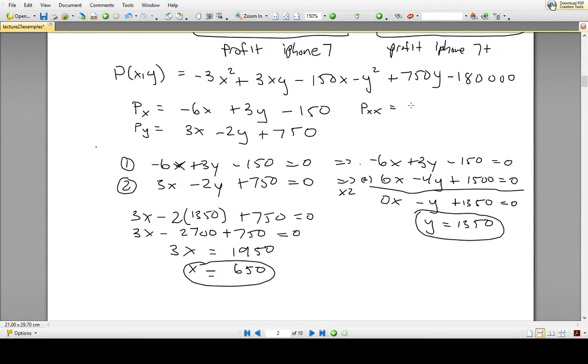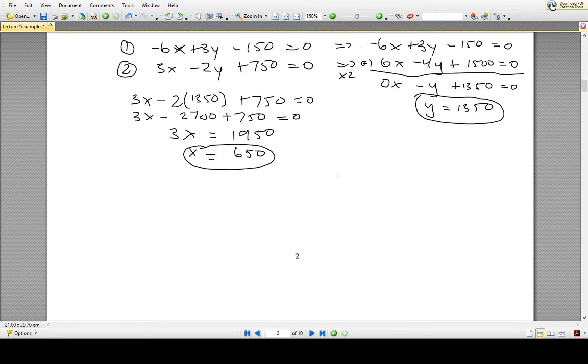to x, and that's equal to -6. Taking the derivative of p_x with respect to y, we get 3. And if we take the derivative of p_y with respect to y again, we get p_yy, and that is -2. With these second derivatives, we're able to calculate the function D at the point x equals 650 and y equals 1350. So at x equal to 650 and y equal to 1350, let's see what D is